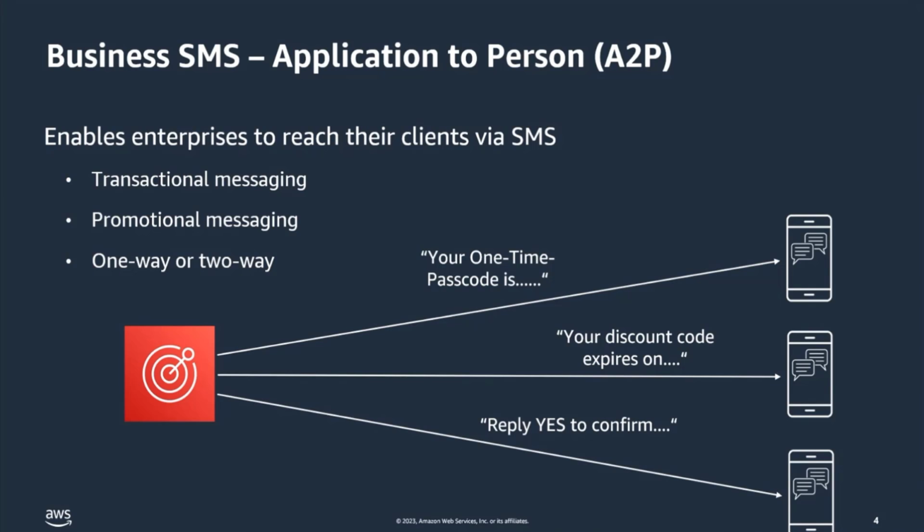The difference in transactional and promotional is important, as you'll also see in our demo, as this can influence how you register and also the type of route that is used for sending the SMS. To further break it down, each messaging can be broken down into one-way or two-way, meaning is it just a one-way alert that's sent out, or does it require a response from the potential user? So replying yes to confirm your appointment for tomorrow.